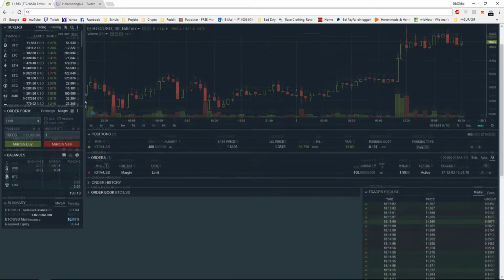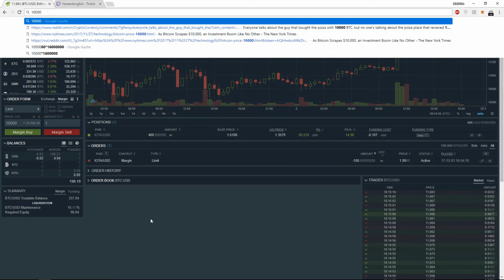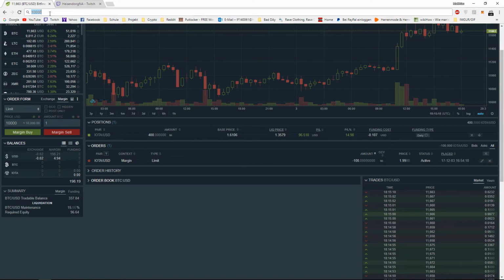That basically means if you have this position, which would be worth 10,000 US dollars because you would buy 1 Bitcoin at 10,000 US dollars,